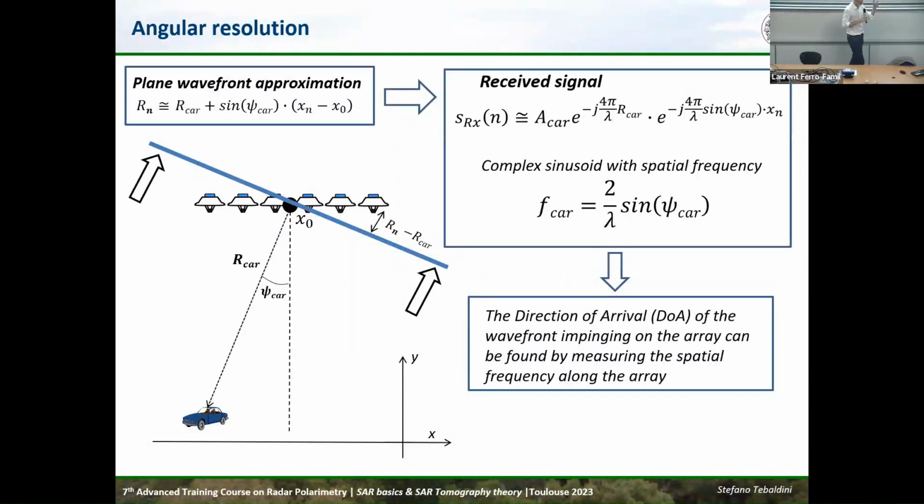So under this approximation, the target is very far with respect to the size of our array. Then we can approximate the distance in this way. So we can tell that the received signal for the different antennas can be written in that way. And you see that in the phase, just look at the term that is changing with R. It is the exponential of 4 pi over the wavelength times the sine of this angle times the position of